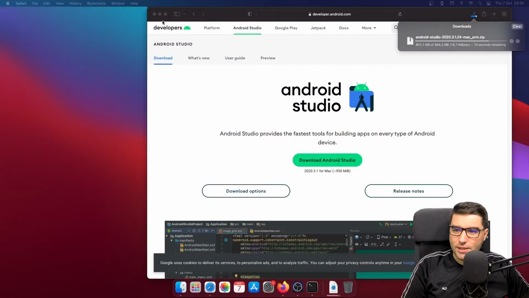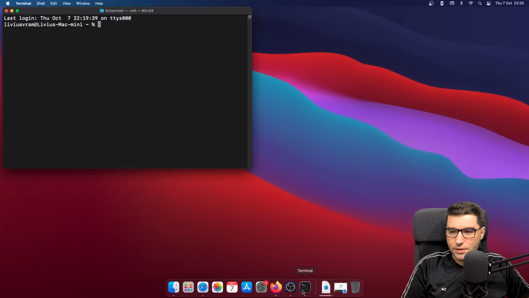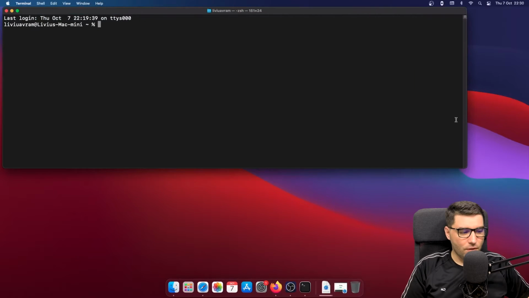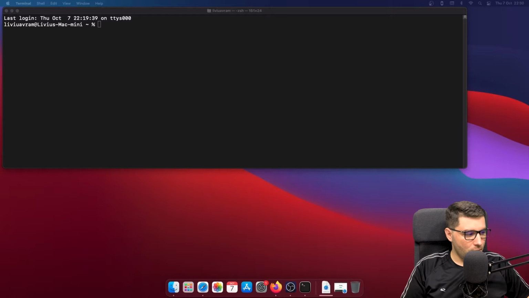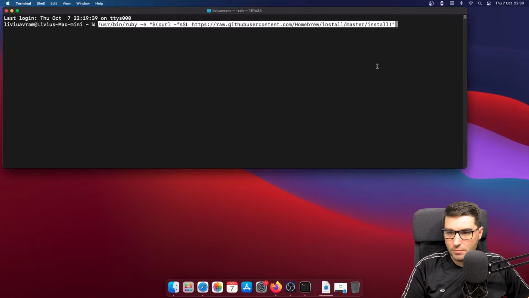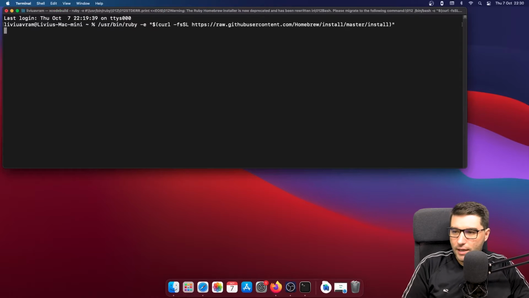The way this works is by opening a terminal, and first of all, we are going to install Homebrew. This is the command for Homebrew. Let me just copy it. I will paste it and hit enter.